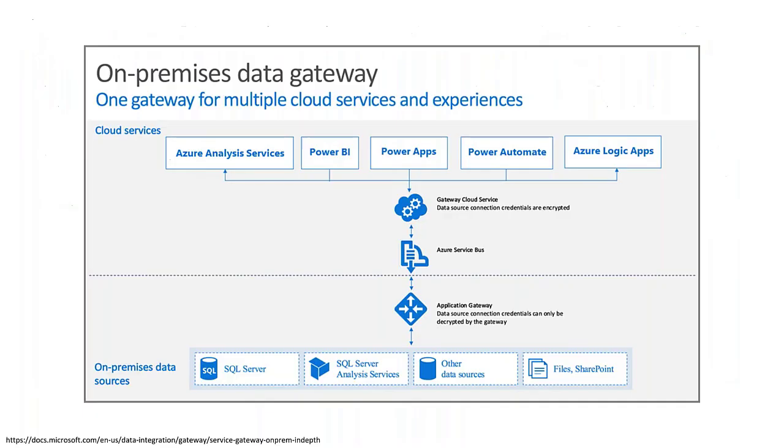And a quick bit of security: secure by default, and how it works. You get a request from Power BI. It hops onto the Gateway Cloud Service, hops on the Azure bus, drops down into your gateway, and sends the request out to your data source. Your data source returns that to the gateway, which sends it back to the bus, and then the bus distributes it out via the Gateway Cloud Service. So it is all secure by default.